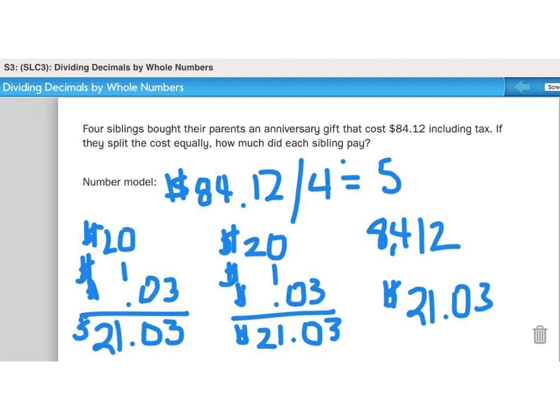One was to use estimation to place the decimal point in the right spot, and the other was using powers of 10 to shift the decimal point. So in today's lesson, we're going to practice using an estimation strategy to divide decimals by whole numbers. Then in our next lesson, we will learn how to use powers of 10 to shift the decimal point when